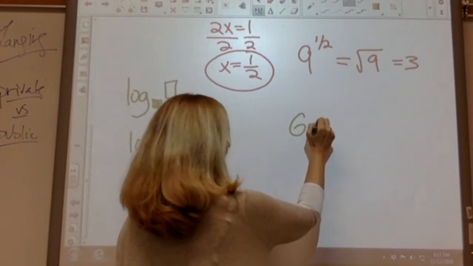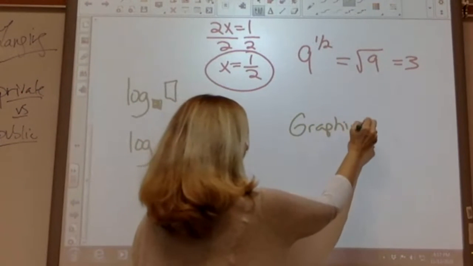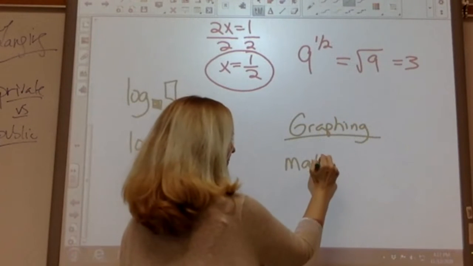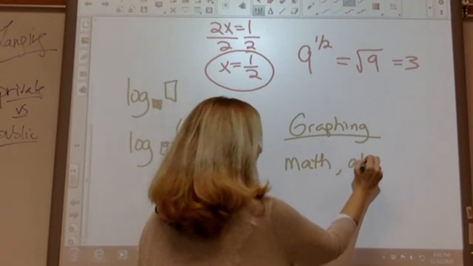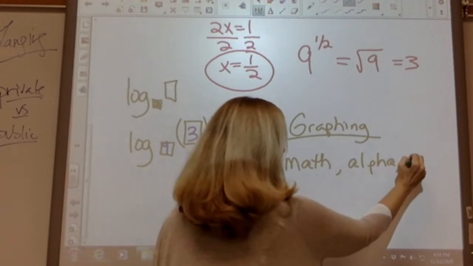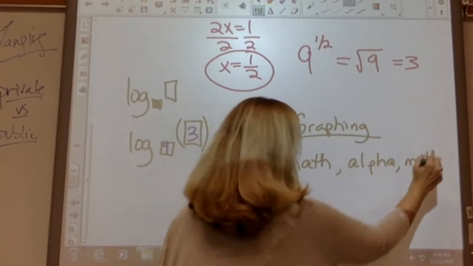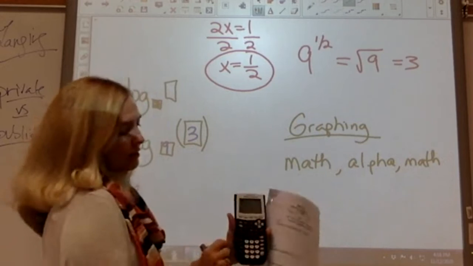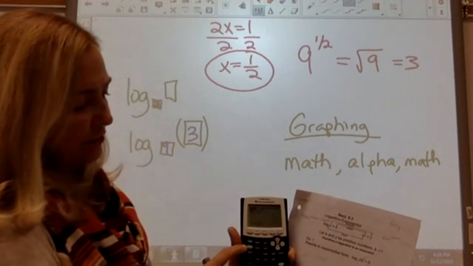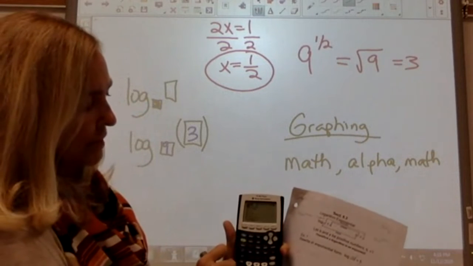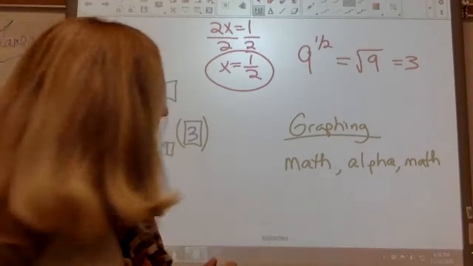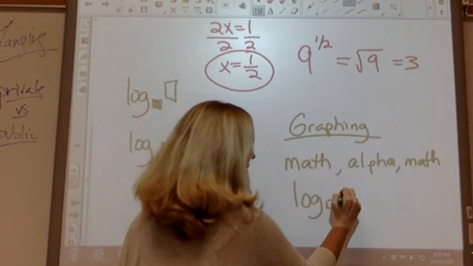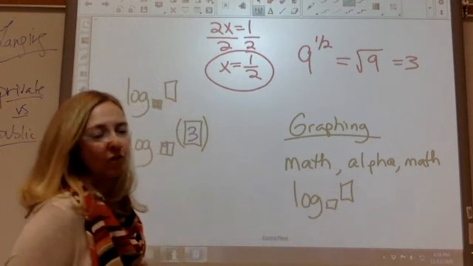so on the graphing calculator, you press math, alpha, math, okay? And so when you press math and then the alpha button, which is on this calculator green right above it, and then you press math again, it brings up log with a little box here and a box here, and you just fill in,